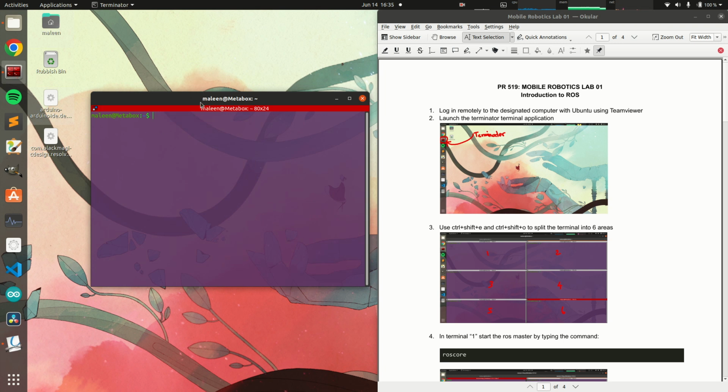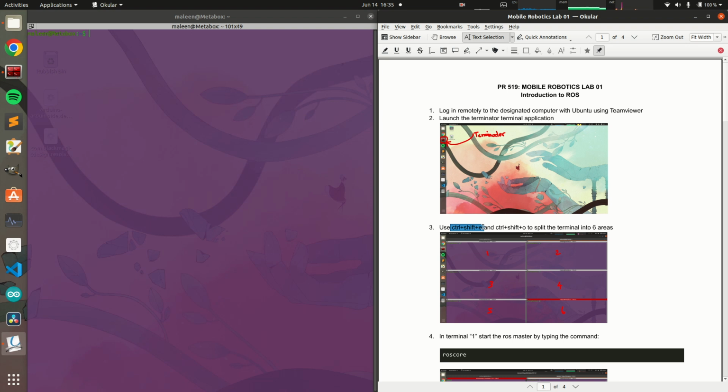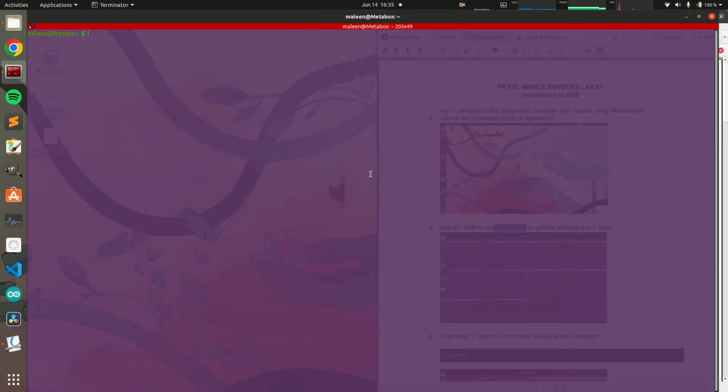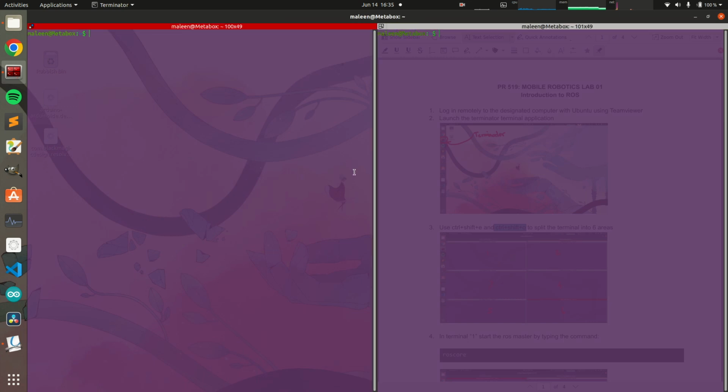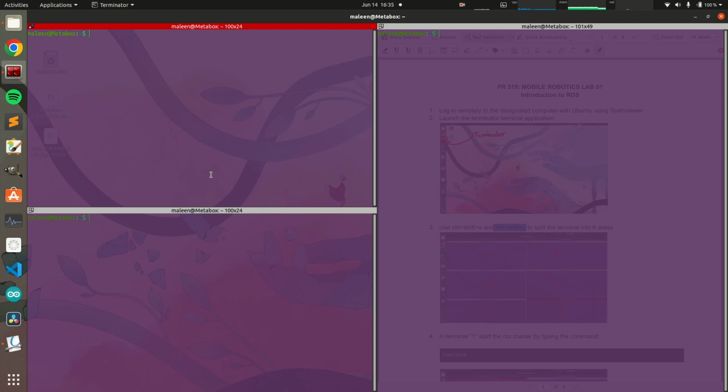And what we're going to do in step 3 is we're going to use Control-Shift-E and Control-Shift-O to split the terminal into 6 areas, right? So let me show you what that looks like. So I'm going to now hold Control-Shift and E, and as you can see, the terminal is now split into 2 terminals, right? And then if I press Control-Shift-O, you can see that it's also split into 2 terminals horizontally